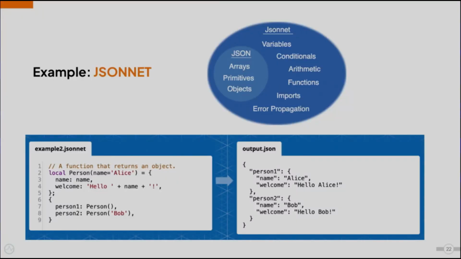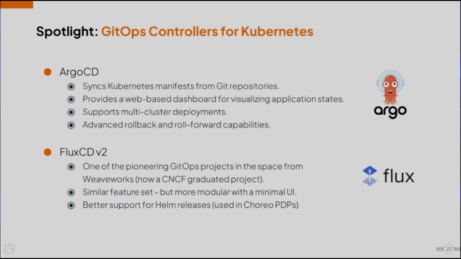And again, Jsonnet, I think this came out of Google. It's very similar. It's really a bit more object-oriented than ytt, but it is sort of built on top of JSON. So it's like a superset around JSON. And by extension, it is a superset for YAML as well, right? So that gives you variables, conditionals, functions, and even error propagation if you need that, right? Because if you're compiling something down to a static file and something goes wrong, you want that error to come out. I won't dive into too many examples, but these are definitely worth checking out if you are working in this space. Now, back to the spotlight.